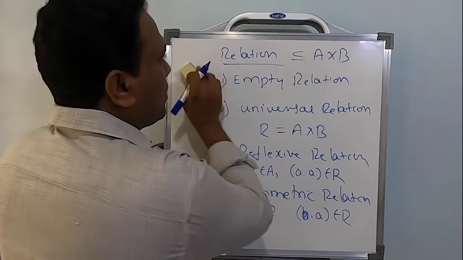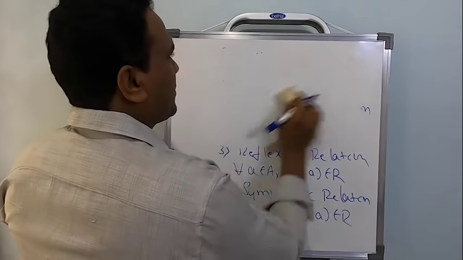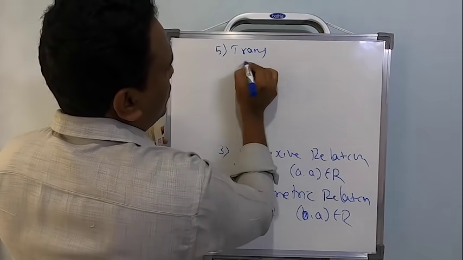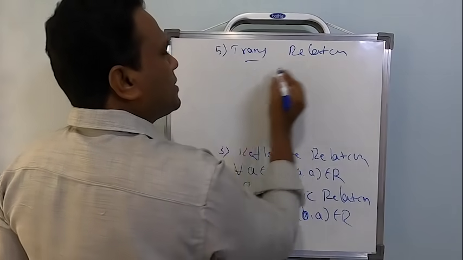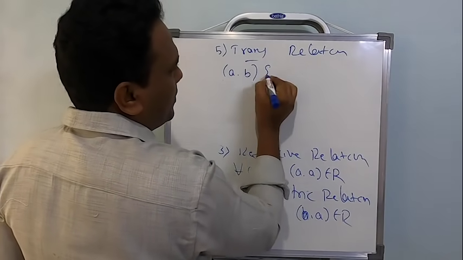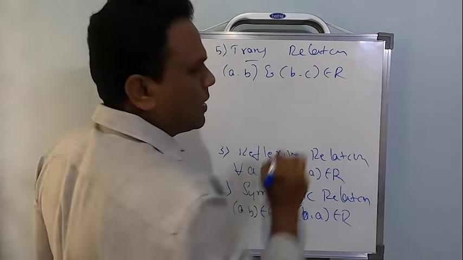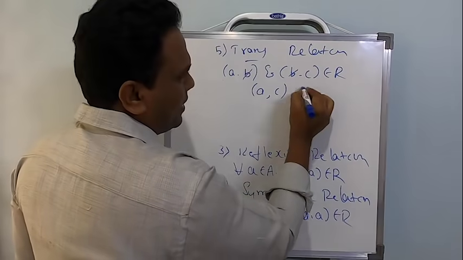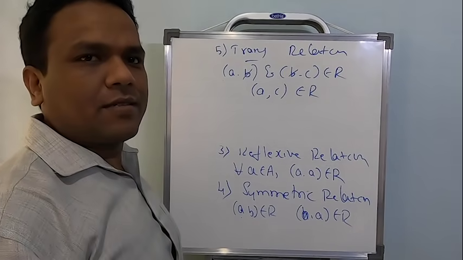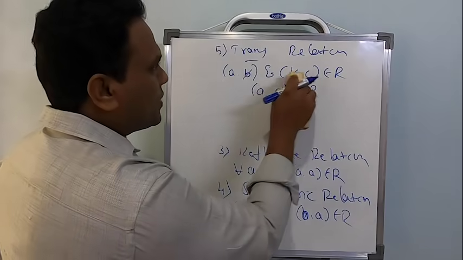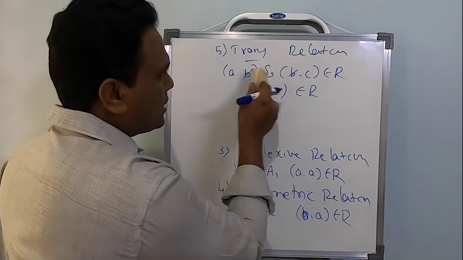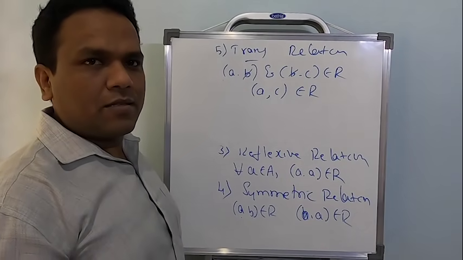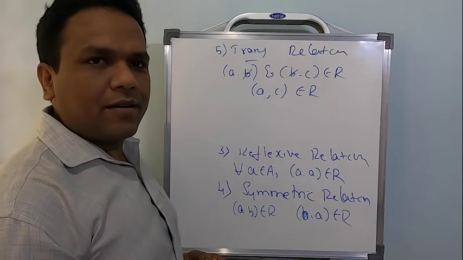Now the next one, we studied is the transitive relation. So what is a transitive relation? Quite simple. Start with (A, B) and (B, C) belonging to R. Now look at this: if I eliminate the common element, the remaining ordered pair will be (A, C), and if this also exists. So to start with transitive, you should start with two ordered pairs. Make sure these two elements are the same. Then eliminate that, the remaining ordered pair will be (A, C), and if this also exists in the given relation, then the relation is said to be transitive.